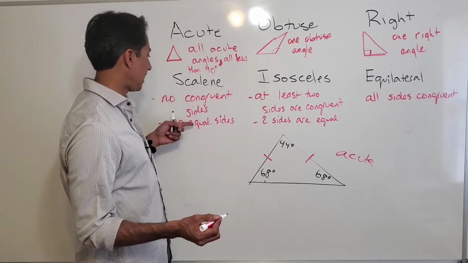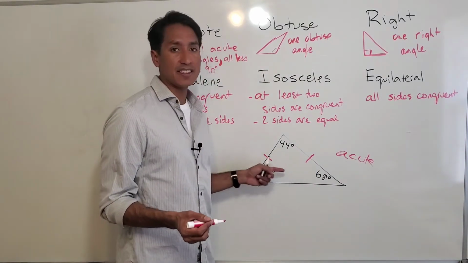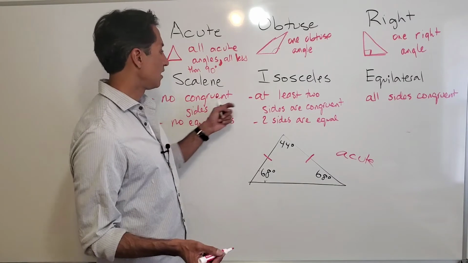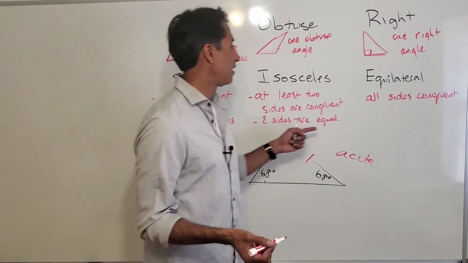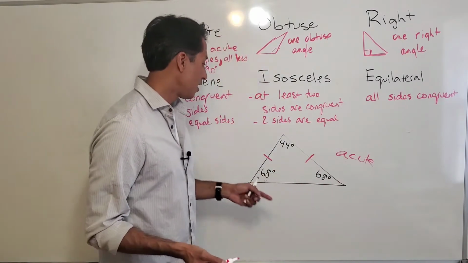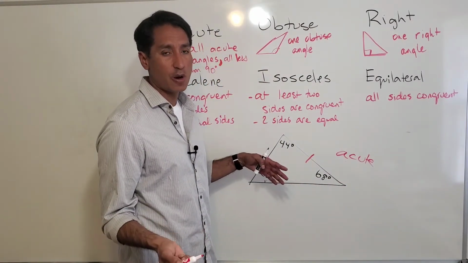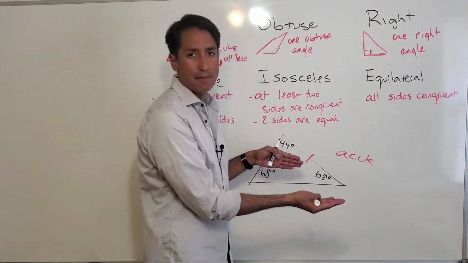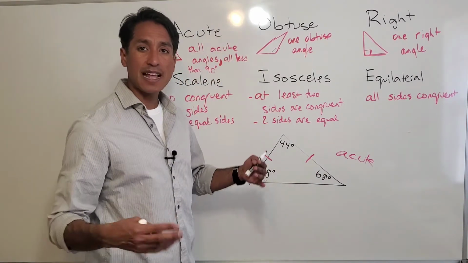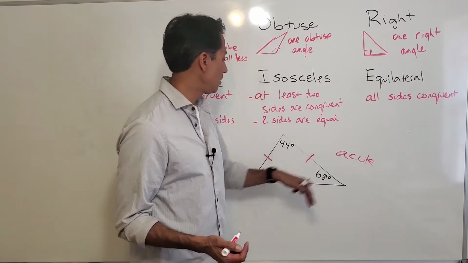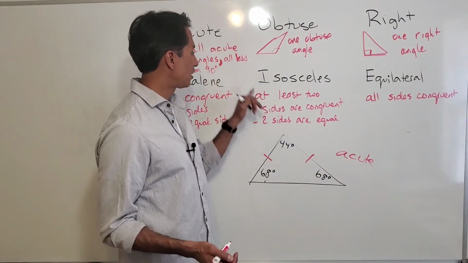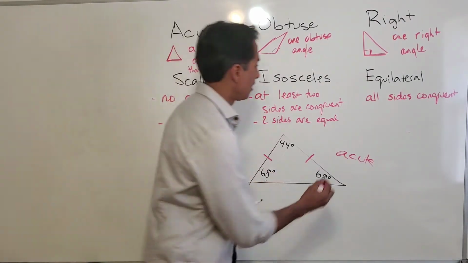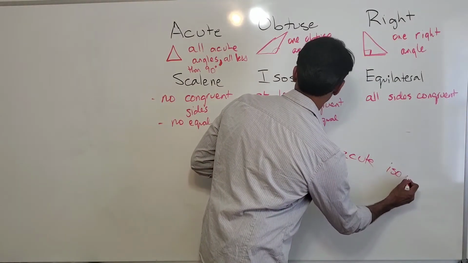And then let's take a look. Is it scalene? Well, they drew these lines in here, which tells me that 2 sides of this thing are the same length. So it's not scalene. It might be isosceles, but this one says all sides are the same length. Do we have all 3 lengths the same? No. And could I take a ruler or a pencil or something and measure and see like, these guys are the same length, and then this guy's a little bit bigger? And if you notice that, then that's awesome. So this guy would be considered acute because that's our top row answer. Bottom row answer, isosceles, because it has at least 2 sides that are congruent or 2 sides that are equal. So this is an acute isosceles,